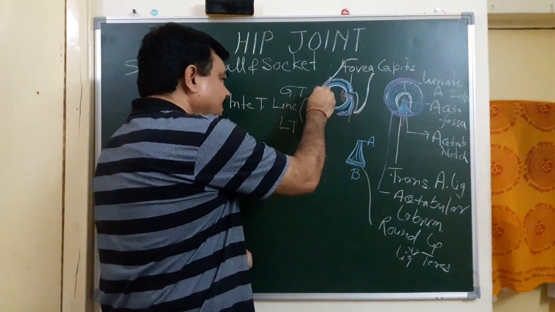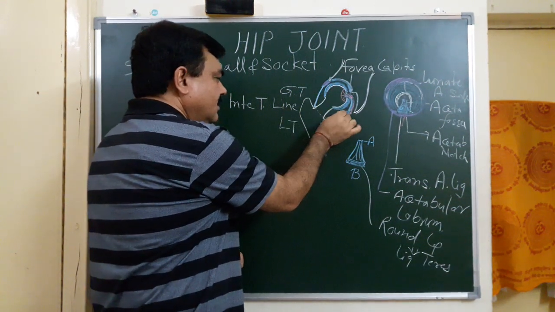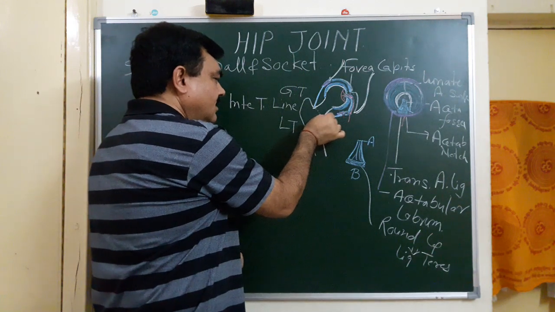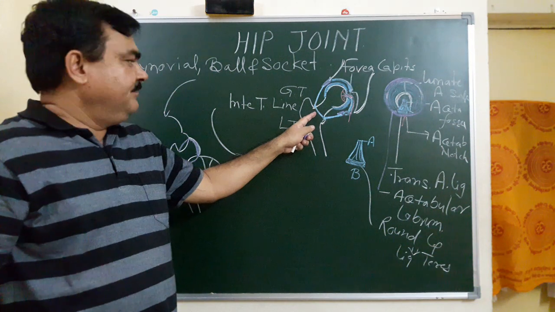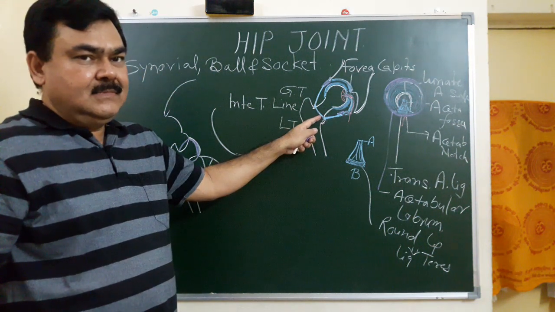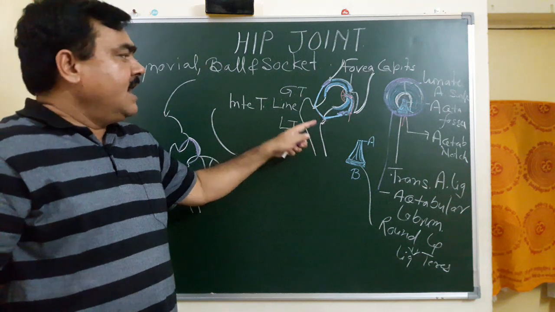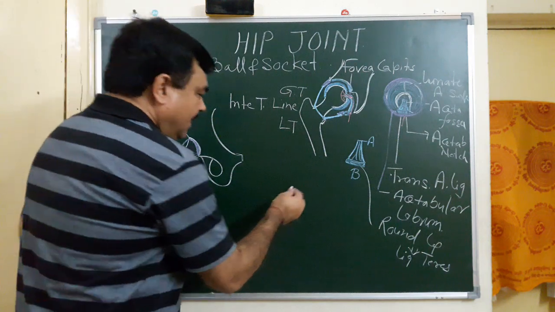Laterally it is attached with the intertrochanteric line. This is the intertrochanteric line on the anterior surface, and posteriorly, if you see on the posterior side, you will find